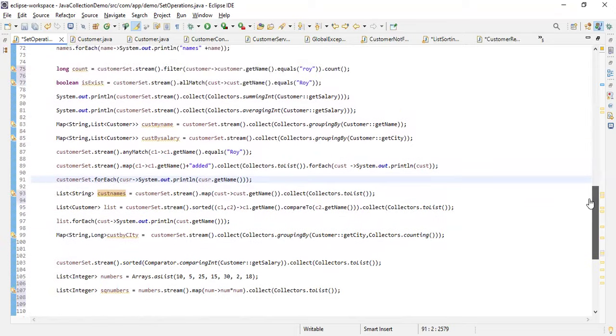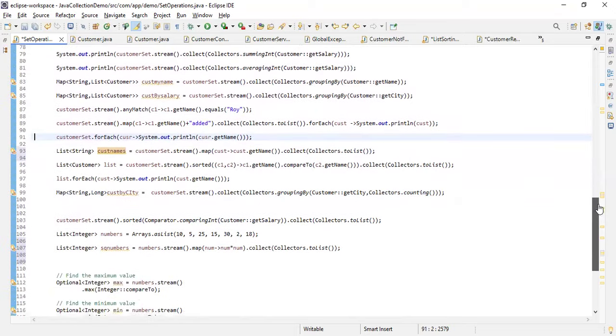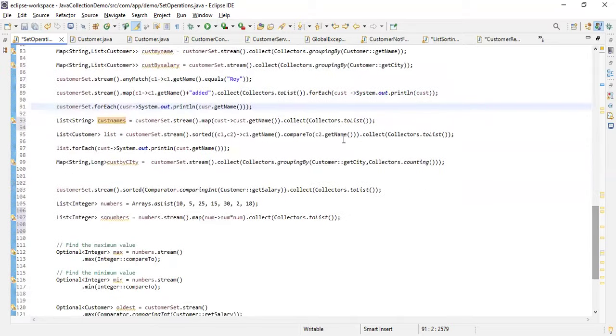If you want to create a parallel stream, rather than a stream, you can also create a parallel stream.